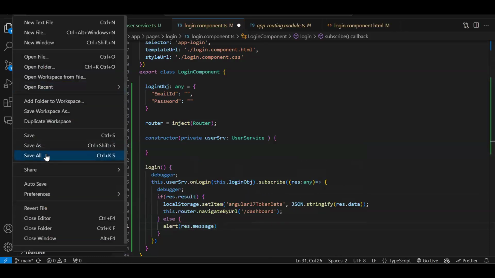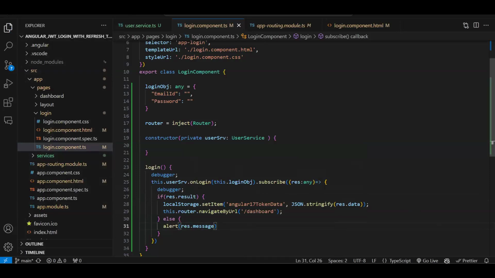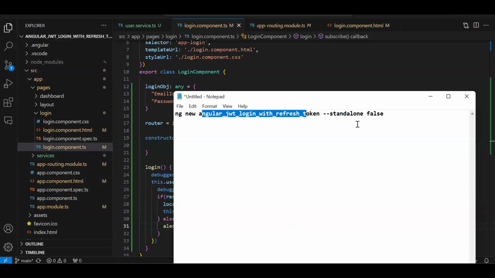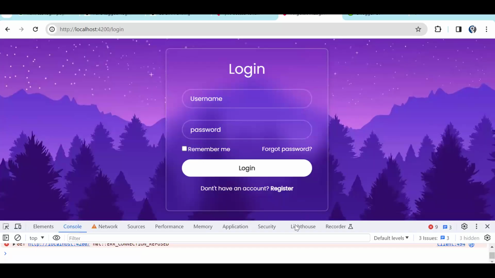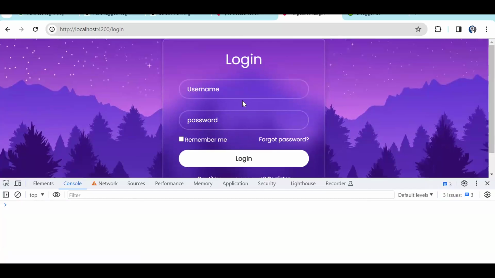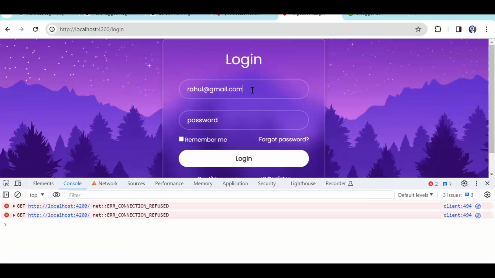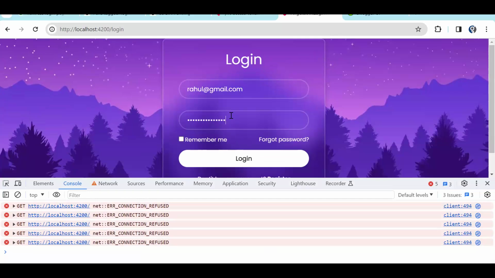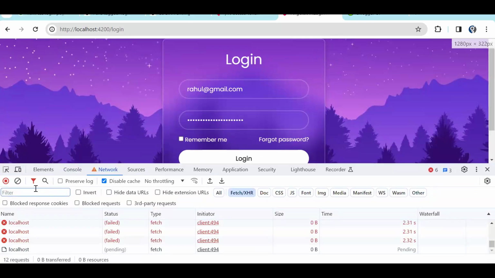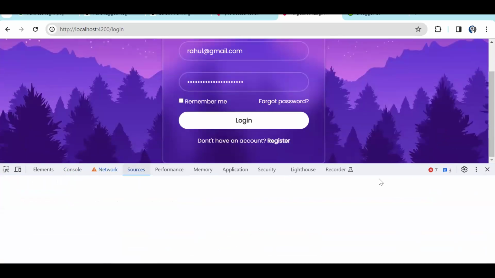Now let's save and debug the code. The data I will be using is Rahul at gmail.com. This is the registered email ID, which I already have, or you can register from Swagger also, and the password is 223344. But for now, I'm just entering a wrong password, to check whether we get the error over here. Now, once we click on the login,